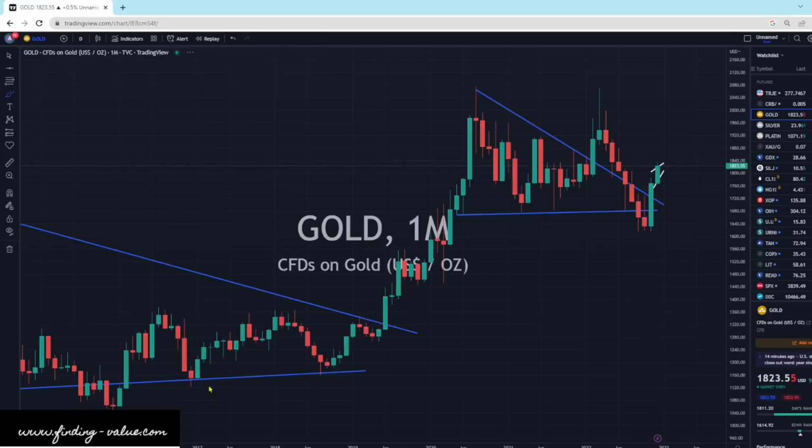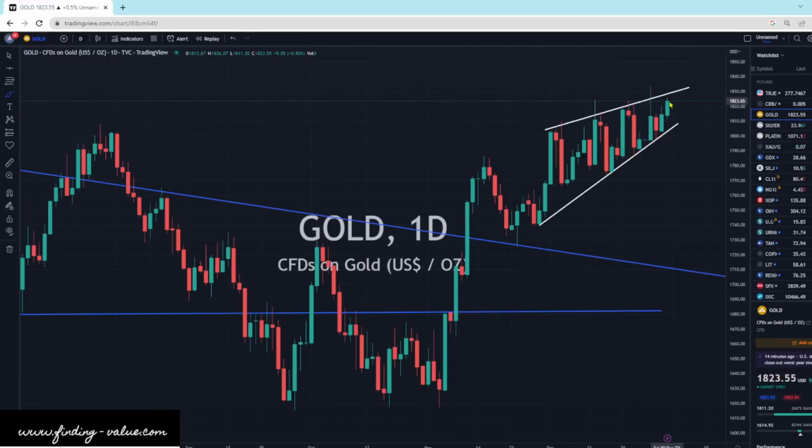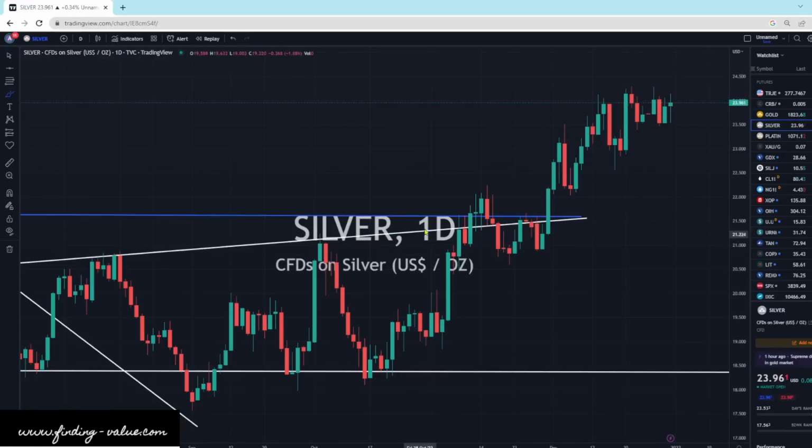The short term, yeah, we could blow out to the downside here, but I don't know. Today was a pretty strong day. It finished quite strong. Let's see what the next trading session brings us if we can break out of this thing. Right now, we're just squeezing up. In silver, we've got a similar thing here. I think we're just kind of squeezing up there. We'll see which way we break here.